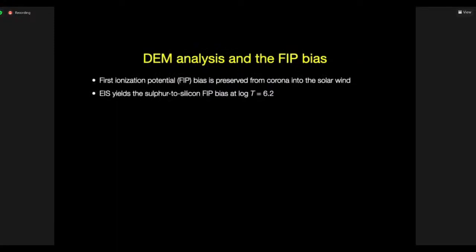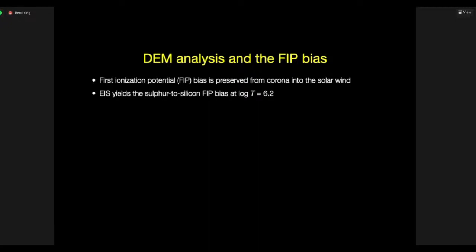Okay, the FIP bias, as I mentioned, is important because we believe it is preserved from the corona into the solar wind, and so can be a signature of where the solar wind is coming from. This is particularly important for Parker Solar Probe and Solar Orbiter. The sulfur to silicon ratio is the one we get from ICE, formed at log T 6.2, as I mentioned